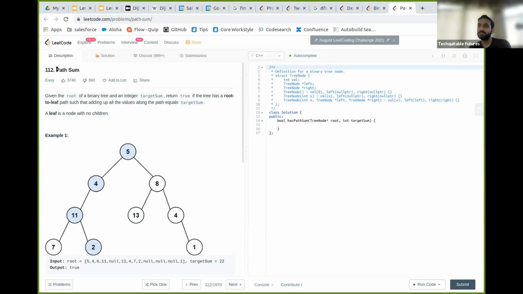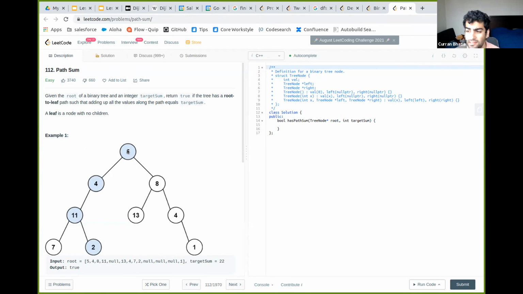Okay, so I'm looking at this problem called Path Sum on LeetCode. Given the root of a binary tree and an integer target sum, return true if the tree has a root-to-leaf path such that adding up all the values along the path equals the target sum. In this example, they give you a tree and the target sum 22.